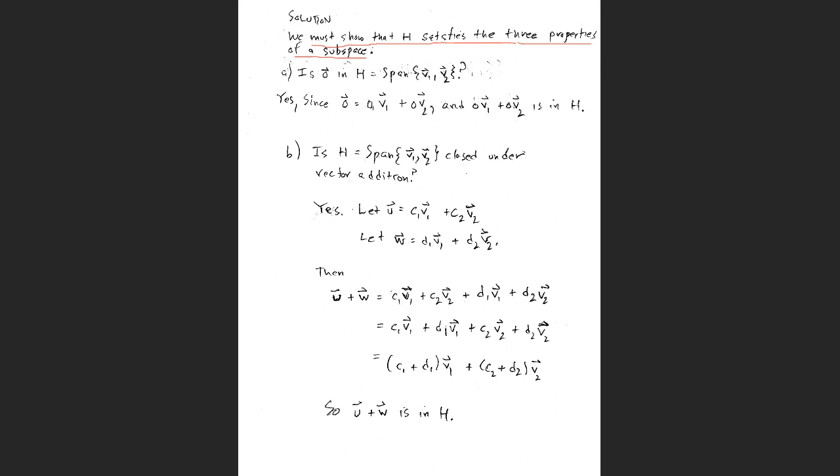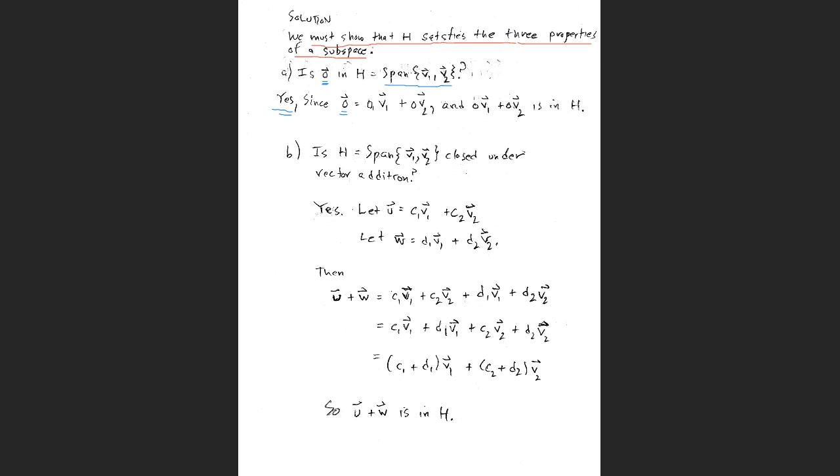So the first property is the zero vector. Is the zero vector in this space H? The space H we've defined as the span of two vectors. Would the zero vector fall in that space? The answer is yes, because the zero vector can be written